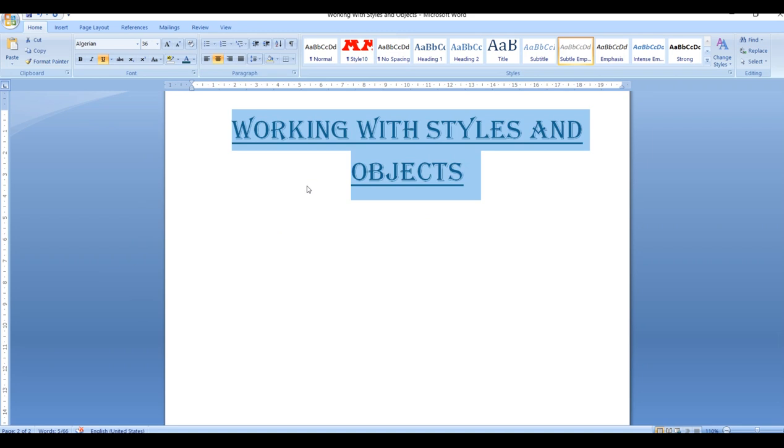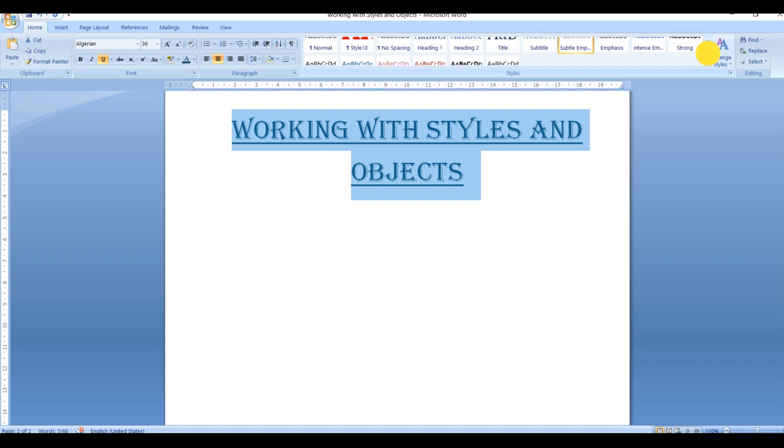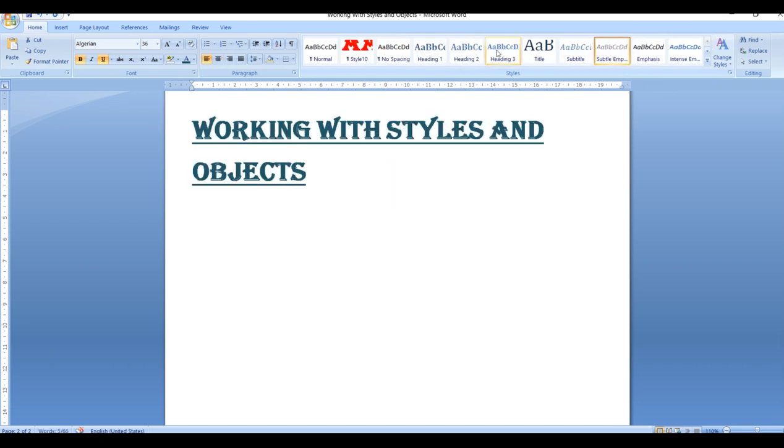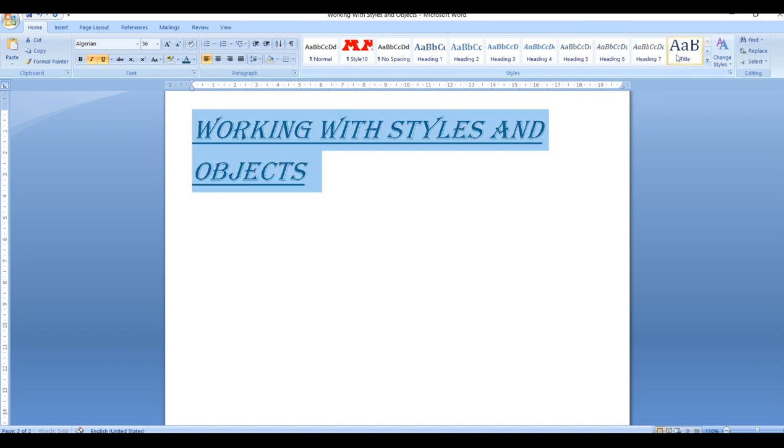Now how to apply built-in styles? For applying a built-in style, you just go to the Home tab. In the Home tab you have the Styles group. In the Styles group you will find different kinds of built-in styles. You can choose as per your requirement the way you want.